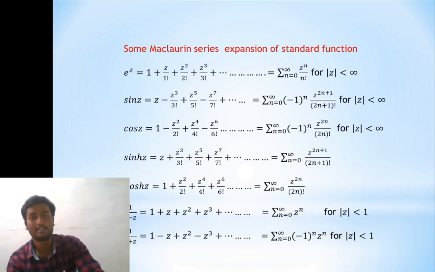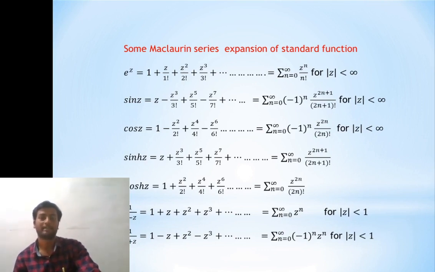See some standard series expansions. e power z equal to 1 plus z by 1 factorial plus z square by 2 factorial plus z cube by 3 factorial plus and so on. That can be expressed as summation n equal to 0 to infinity z power n by n factorial, for mod z less than infinity. So this is in terms of summation notation. For checking, put n equal to 0: z power 0 by 0 factorial, which is 1, the first term. If n equal to 1, z power 1 by 1 factorial, which is the second term, plus